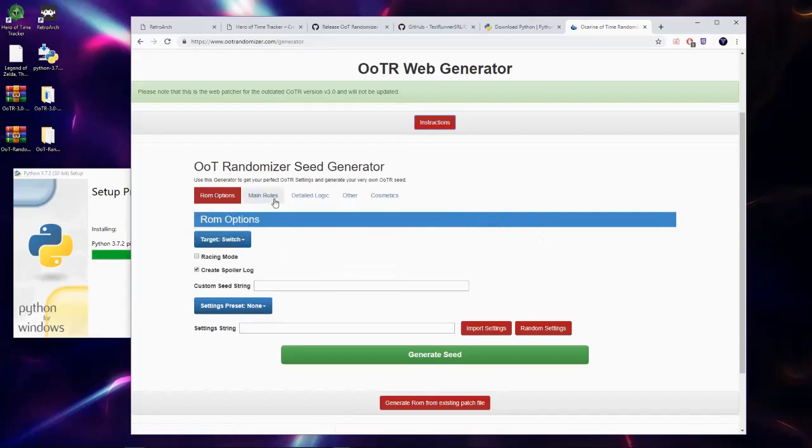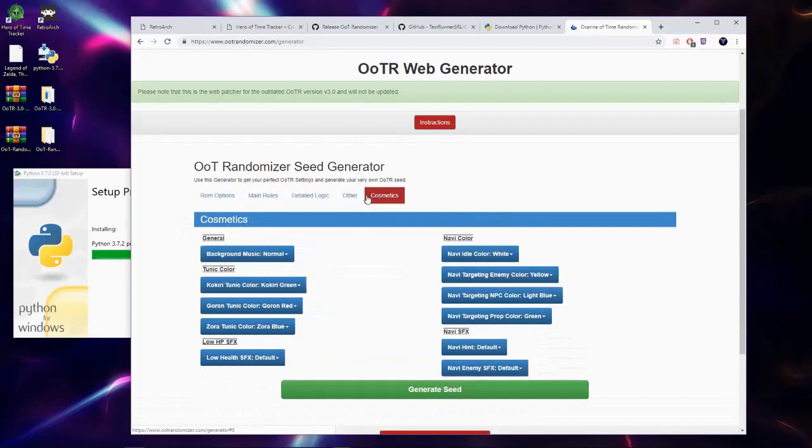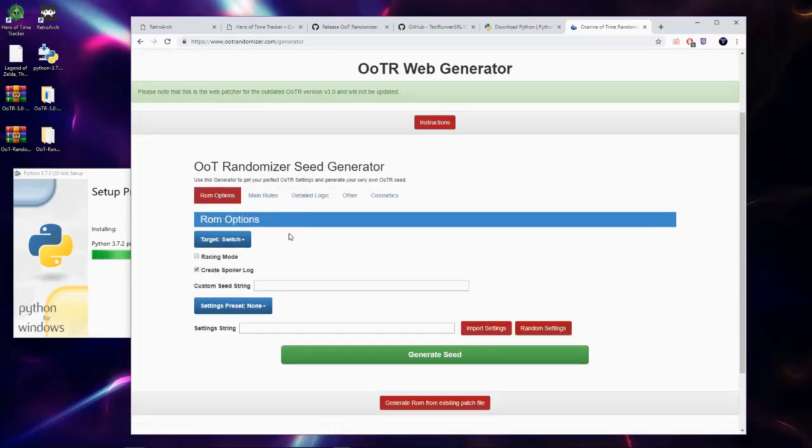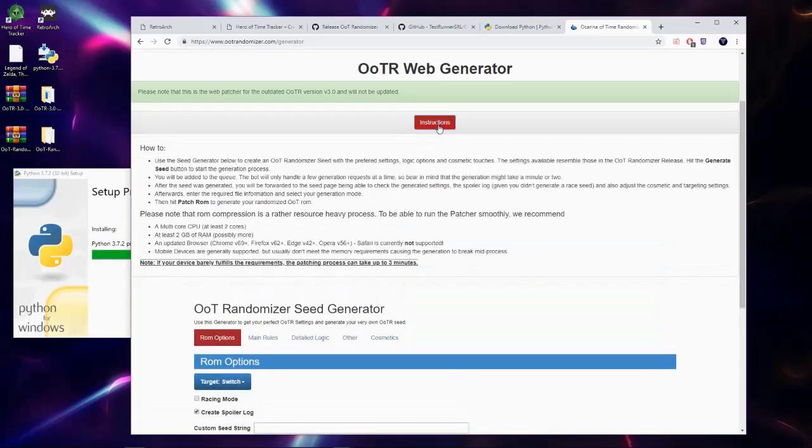It lets you set your options. You'll go through each of these. Now, there are a few things to note, and that's right here. First off, your browser needs to be updated. Also, sorry Mac users, Safari is not supported right now. Mobile devices could do this, but the memory requirements can cause a generation to break, because you need at least a dual-core processor and at least 2 gigs of RAM, preferably more, to do it with